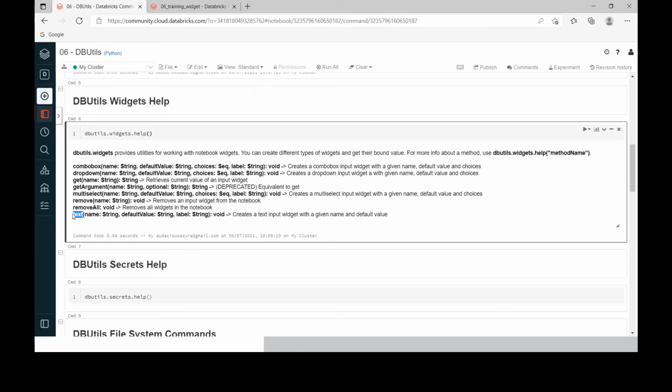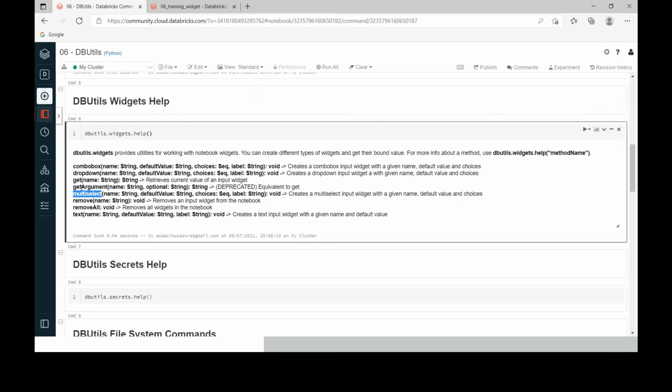Similarly, if you have to handle multiple values, a text box can hold only one value. If you have to work with multiple values, then we can go with combo box or drop down box. Both are almost the same. Or if you want the multi-select option, there is one more command called multiselect.